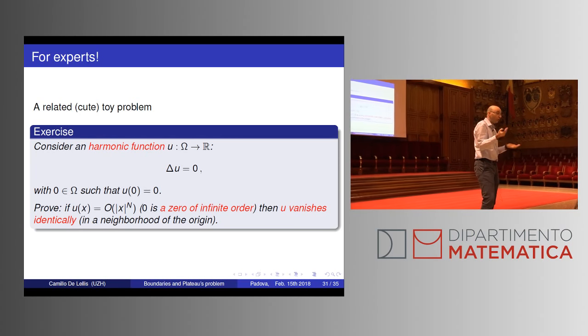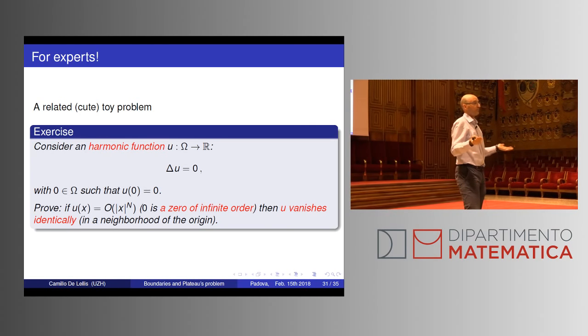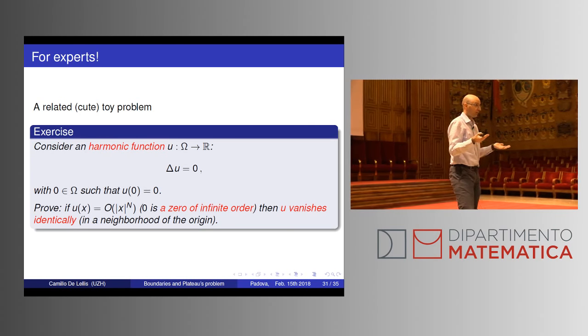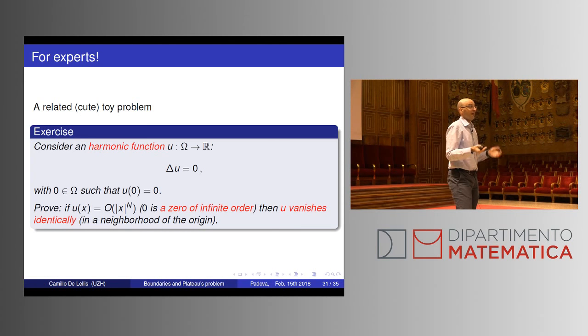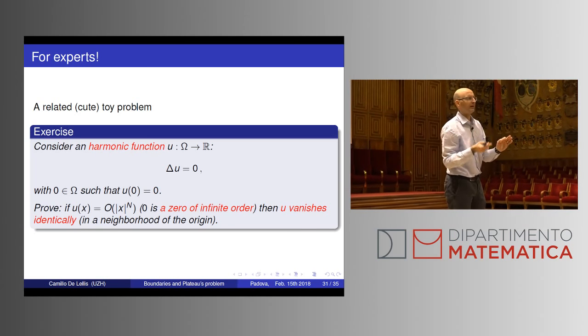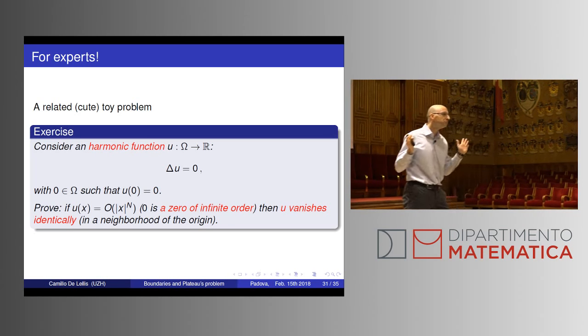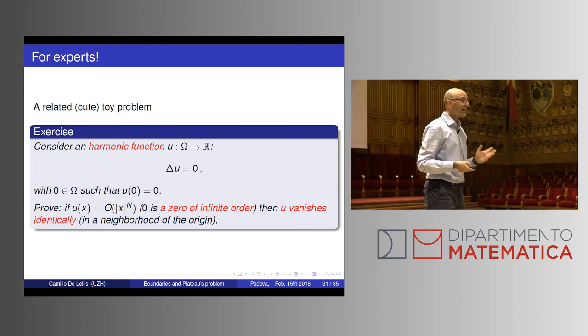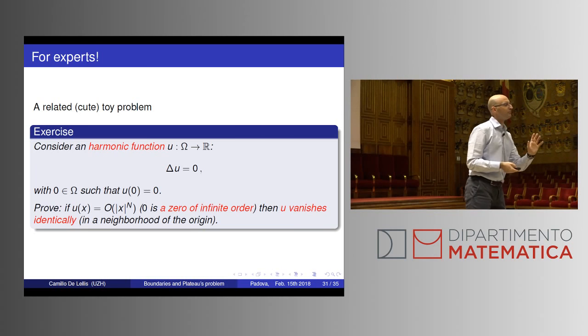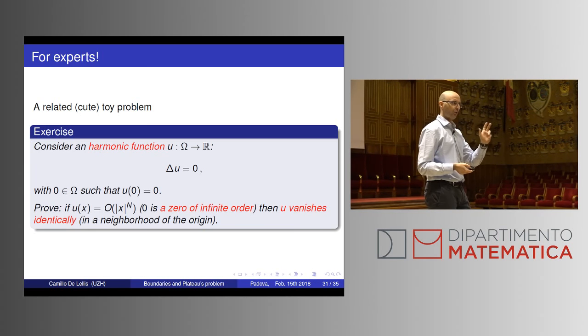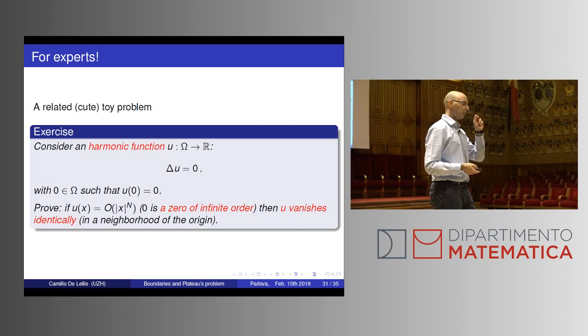If it vanishes at all orders, that means that all polynomials in the power series expansion are trivial, and therefore the power series expansion is identically 0. And in the neighborhood of your point, u has to be 0. Of course, you don't have to vanish on the whole omega because maybe omega is disconnected. Okay? So that's nice, but it's a complicated proof because it has to go through the theorem in which you